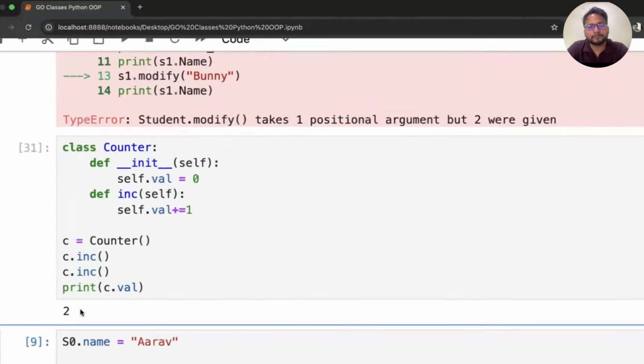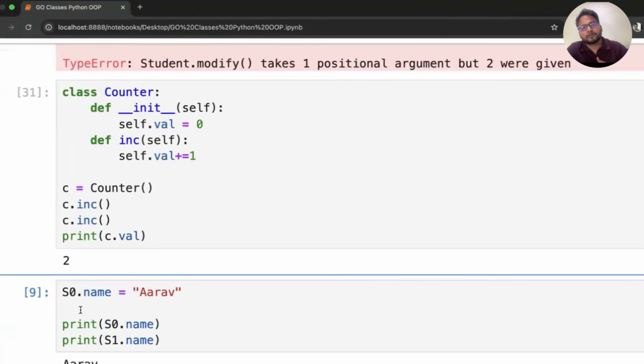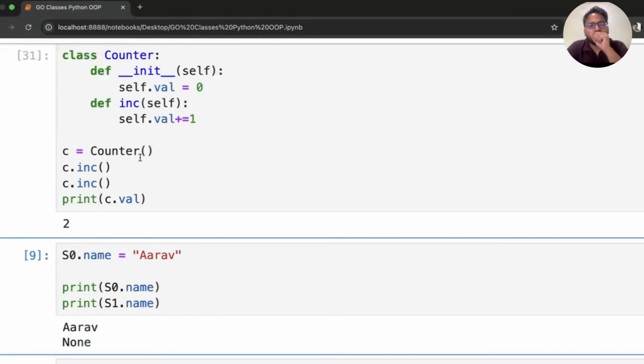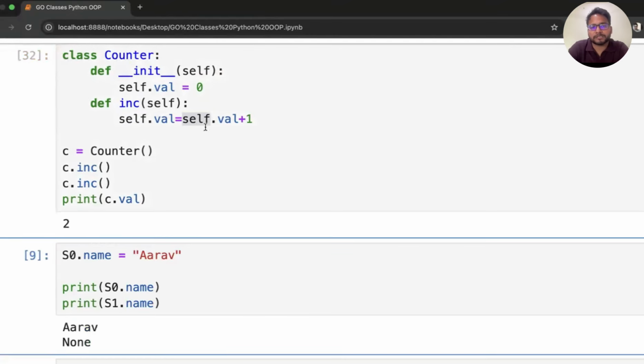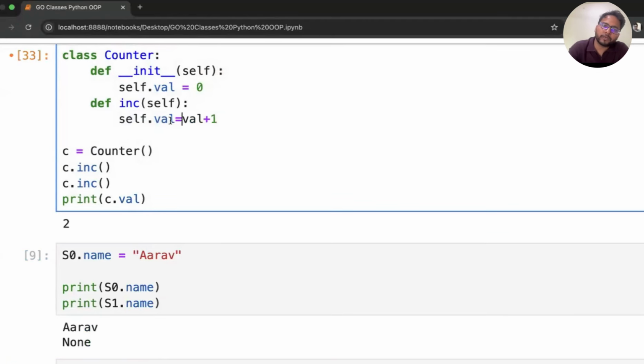Is this fine to everyone? Now, suppose I do this. Earlier it was self dot val equal to self dot val plus 1, I mean, we are just incrementing by 1. So it will be printing 2 only, right? I just executed. See, it is printing 2 only. Suppose instead of self dot val,